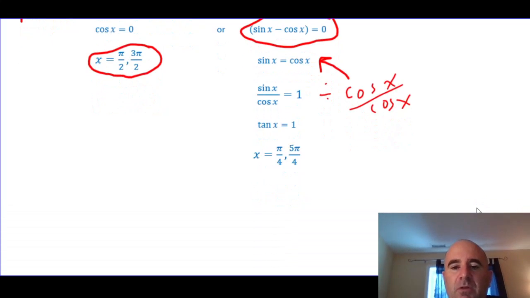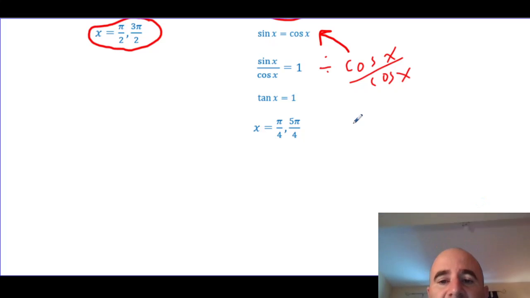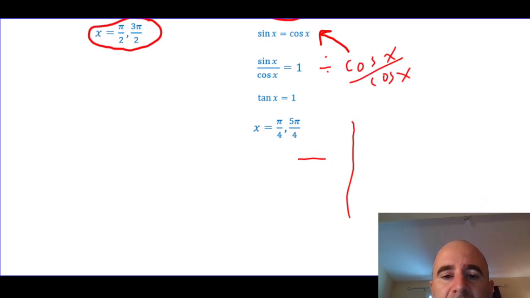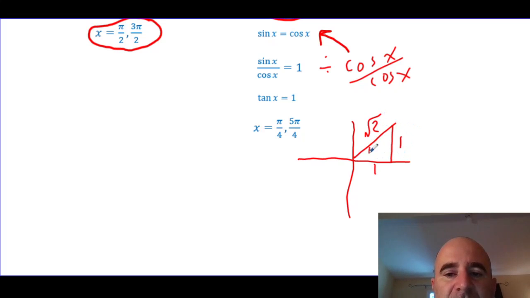If you want, I'll review that with you very quickly here. Again, think about a triangle. Think about your CAST rule. Tan is positive right here. And if tan is positive right here and tan of x is equal to 1, that means these are both 1, and this actually is root 2, and that's one of our special triangles with a pi over 4 there. But of course, the other possibility is that we're down here,